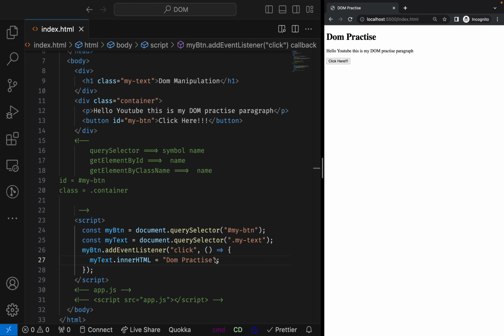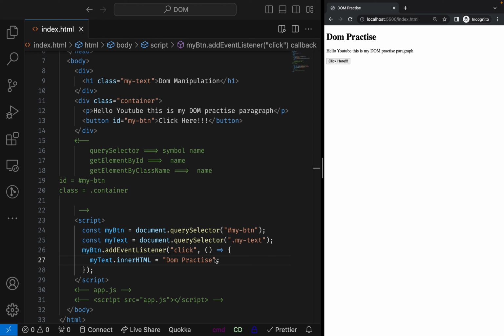All right, so you can see that is very cool. Okay, and that is also very easy to work with. So that is how you can do DOM manipulation. All right, and for now I also want to show some more features of what you can do with DOM manipulation,